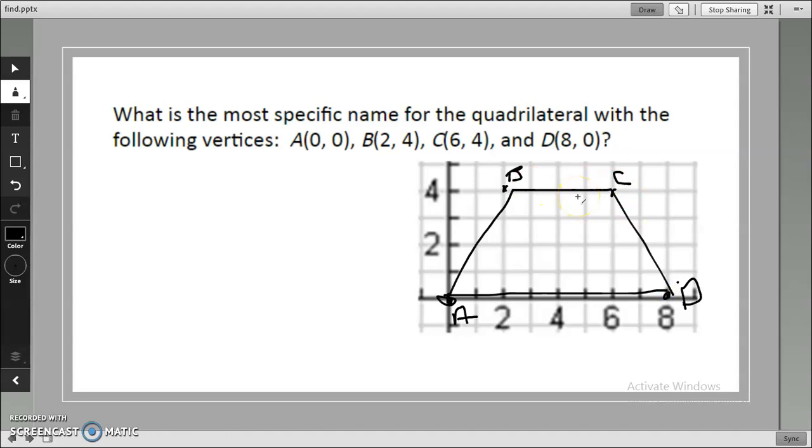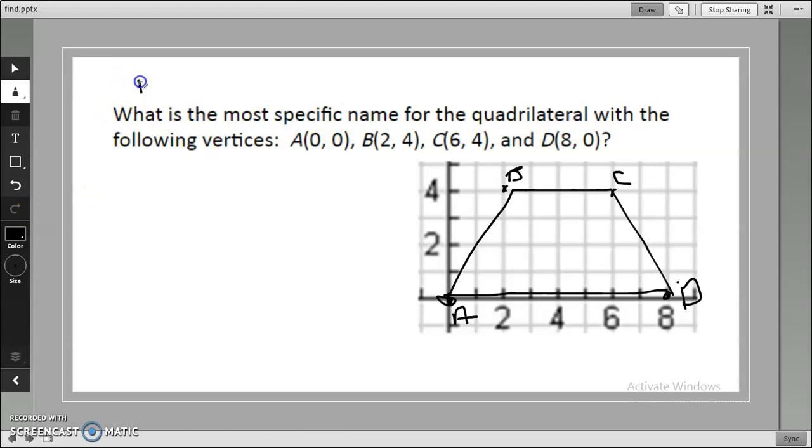I can't go off looks though. I'm going to have to do some actual calculations. So the best thing to always do is to start off by finding the slopes of each line to see if they're parallel sides. We know that specific quadrilaterals have parallel sides, perpendicular sides, and things of that nature. So the first thing we'll do is find the slope. So I'll find the slope of AB first,